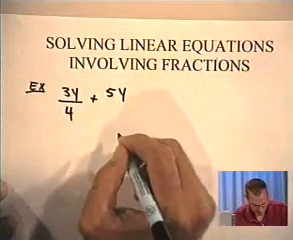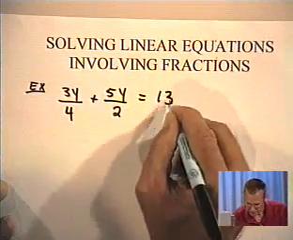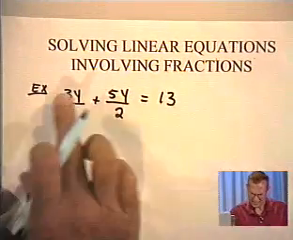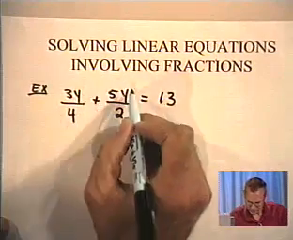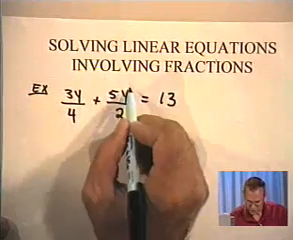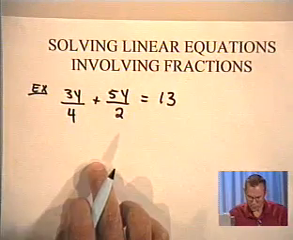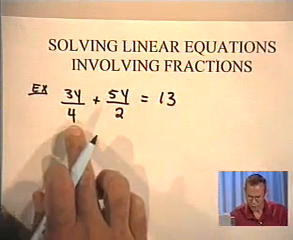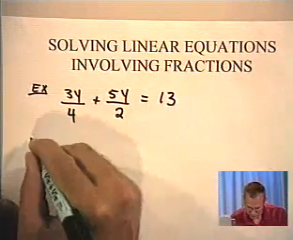So 3y over 4 plus 5y over 2. Is this a linear equation? Well, again, I'll look at my variable y, and I'll notice that the power is 1 on it. Of the fractions, we need to know